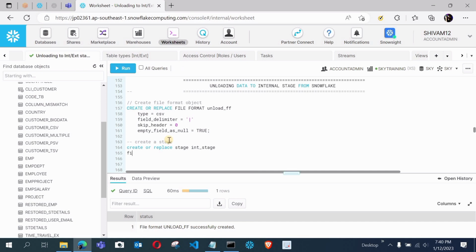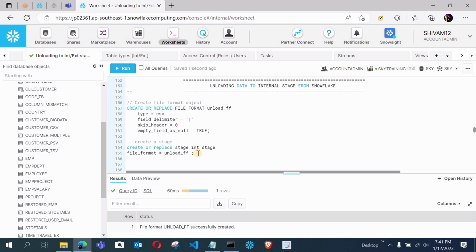For the file format, you can give file_format equals the file format name. Instead of creating the file format separately, you can also specify the file format properties directly in the stage. Here we are creating a named stage. You can load or unload the data by using the named stage or the user stage.